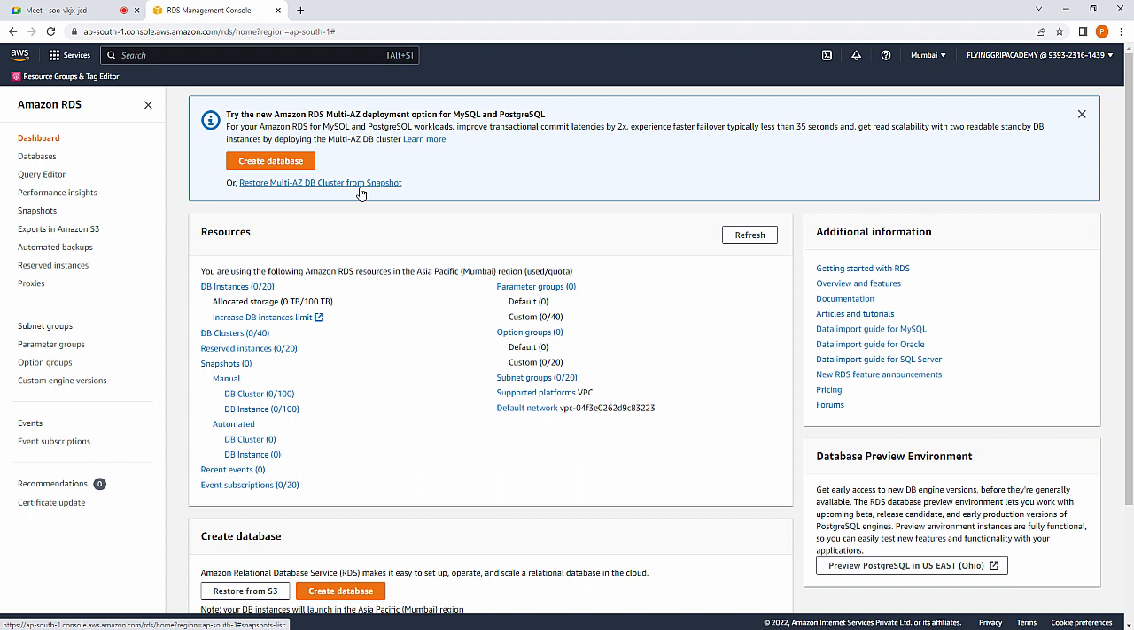data from the snapshot. Here you are having the following options: databases, query editor, performance insights, snapshots, exports in Amazon S3. You can export the data to the Amazon S3. Automated backups, and you can schedule the backup for day-to-day activities, like daily at 3 p.m. you need to take the backup, or